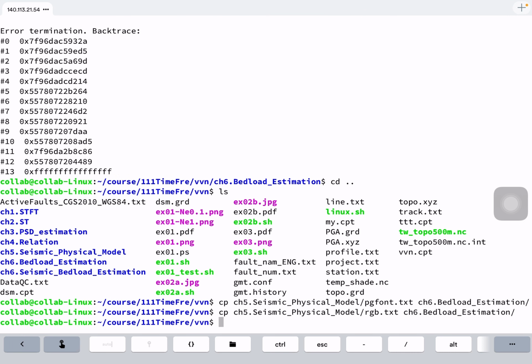So initially, I just copied the main program and input the parameters, but I forgot to copy two files that are necessary for the main program: the PG font TST and RGB TST. One file controls the characters on the map, and the other controls the colors on the map. Okay, so after I copy the two files, I go back to chapter 6,